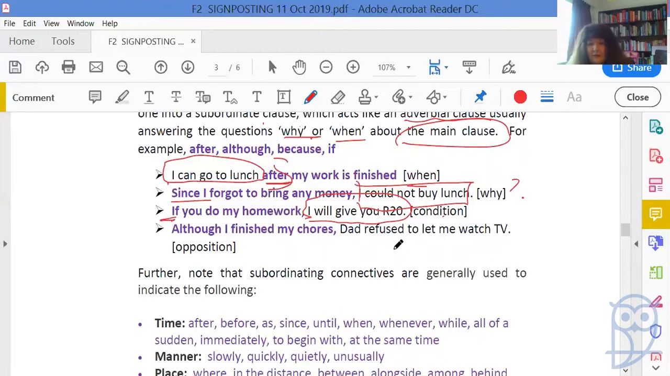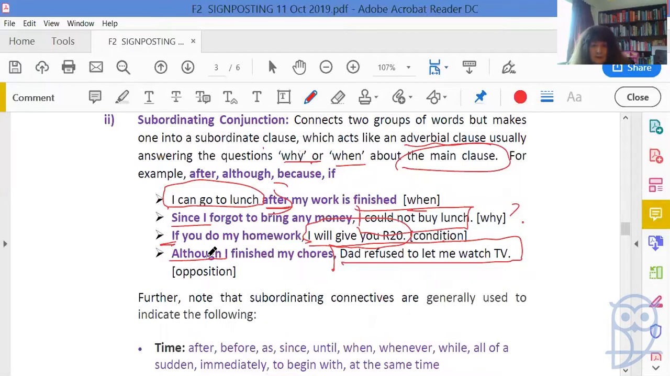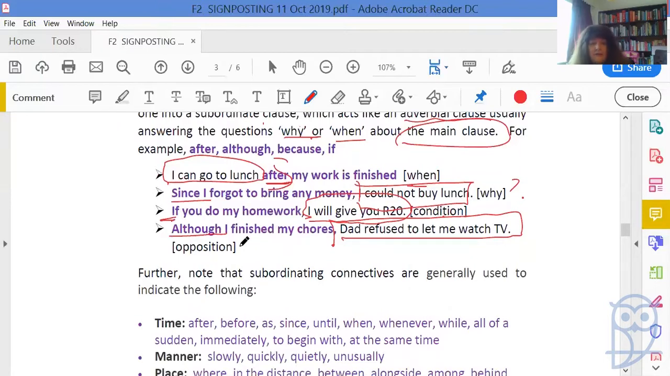Okay, that's a condition. Although I finished my chores, Dad refused to let me watch TV. Ooh, outrageous. Okay, there's your main clause. Dad refused to let me watch TV. And this is a bit of opposition, or even answers just the question why, even though, although I had finished my chores. Okay, so your main clause, your subordinate clause,